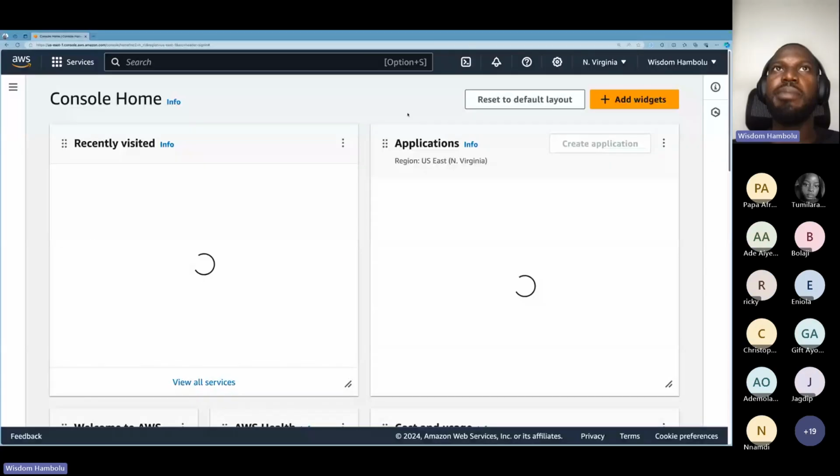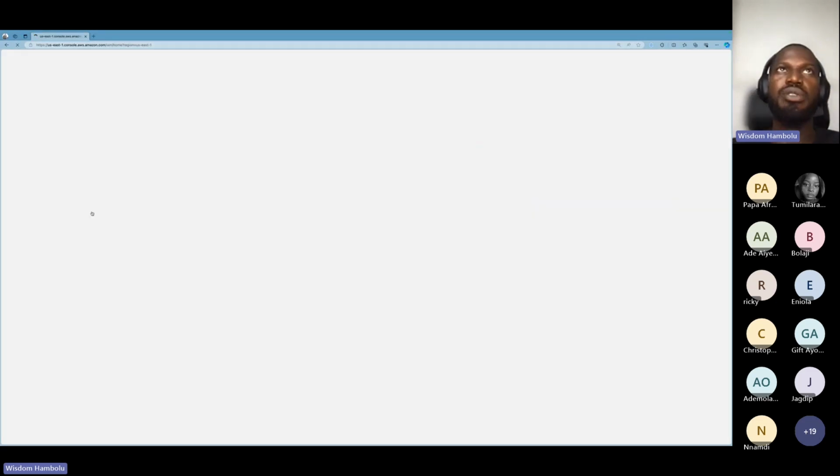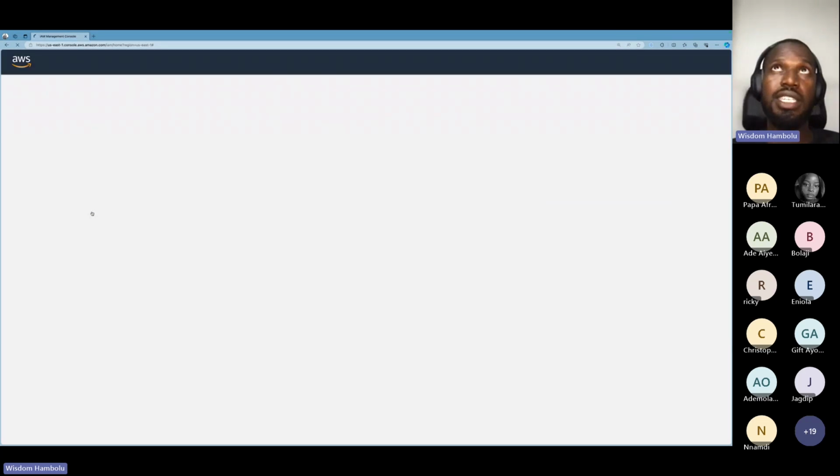Right. So we're back in. We're back into the console. So we have seen how to just create a user, add that user to a group, ensure that the user is forced to